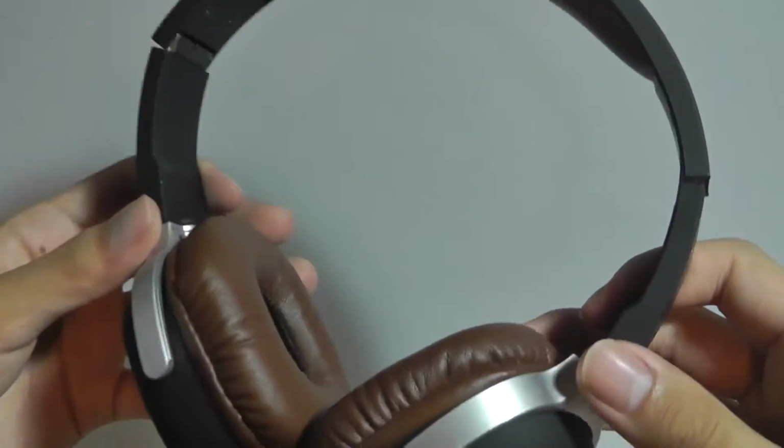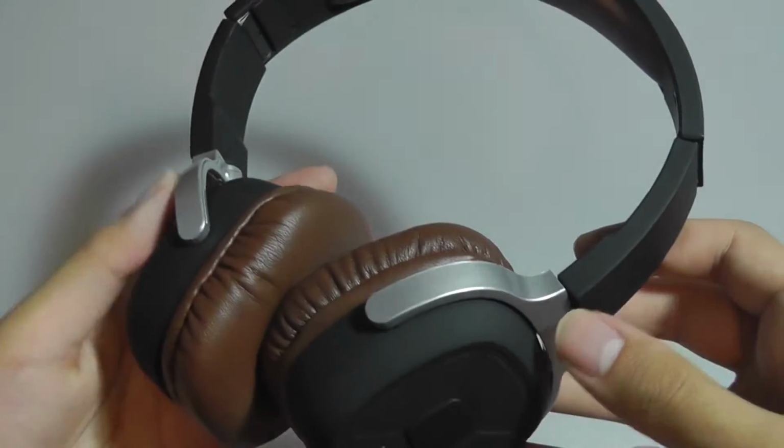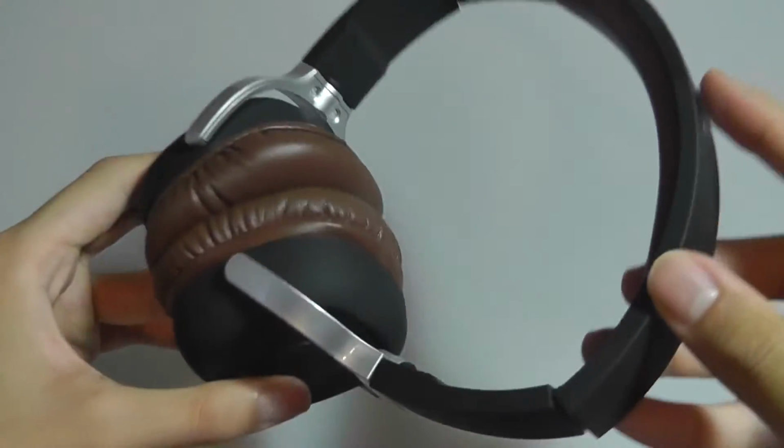So a lot of features stacked in here. So audio quality and performance, we give it 2 thumbs up. So next we're going to move into the app. So we're going to check out the pedometer functionality and show you guys what the app looks like on an